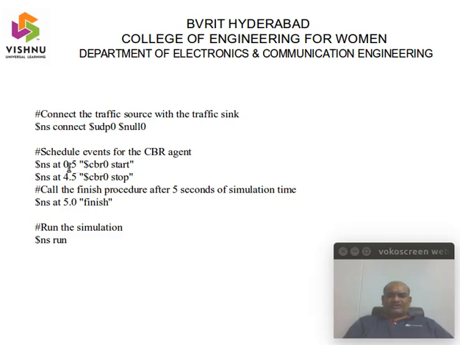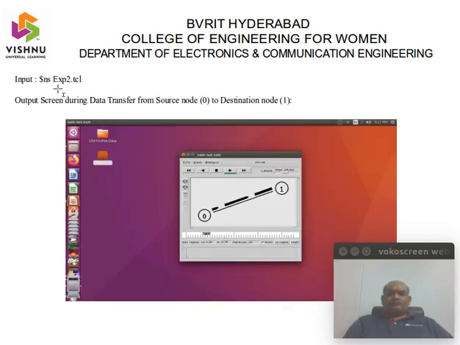So the simulation starts at 0, the traffic starts at 0.5 and ends at 4.5, and the simulation stops at 5.0. This is the part for executing your code.